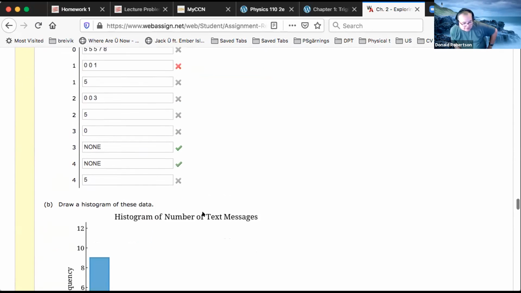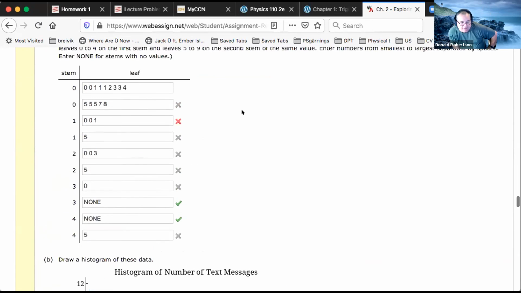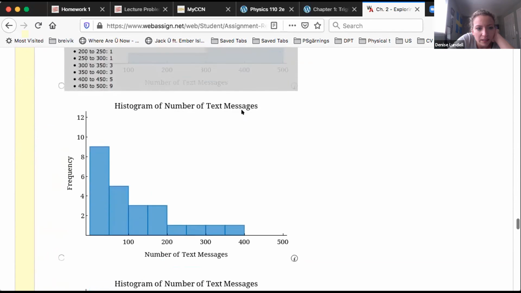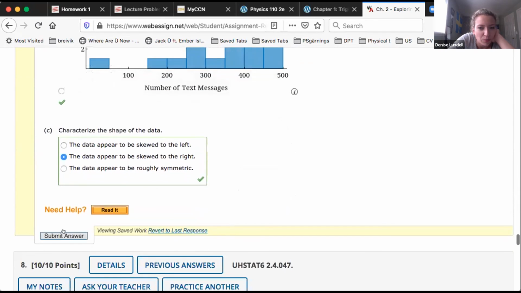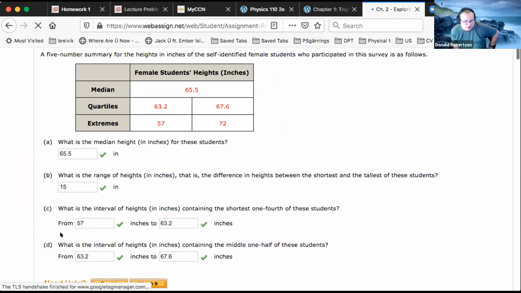You are cooking. Hit the button and let's get those points. Perfect. And then let's see here. And yeah, I still guessed this one just based off of what it would look like. Well, you know, if you look at the data, you can imagine visually what it would look like. Okay, so